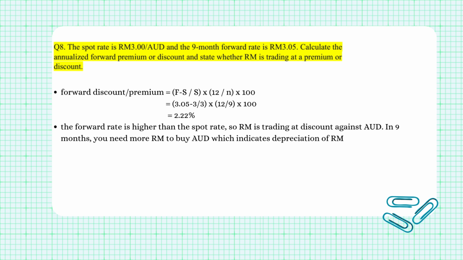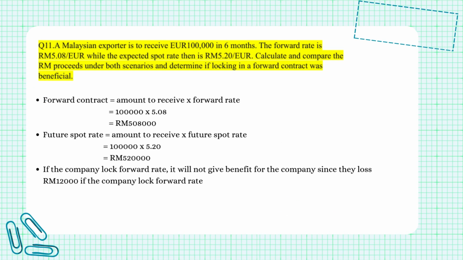So meaning that RM is trading at a discount against the Australian dollar. In 9 months, we need more RM to buy Australian dollar, which indicates depreciation of RM. So for the forward contract, the formula is amount to receive times the forward rate. So we take the 100,000 times 5.08 and we will get RM